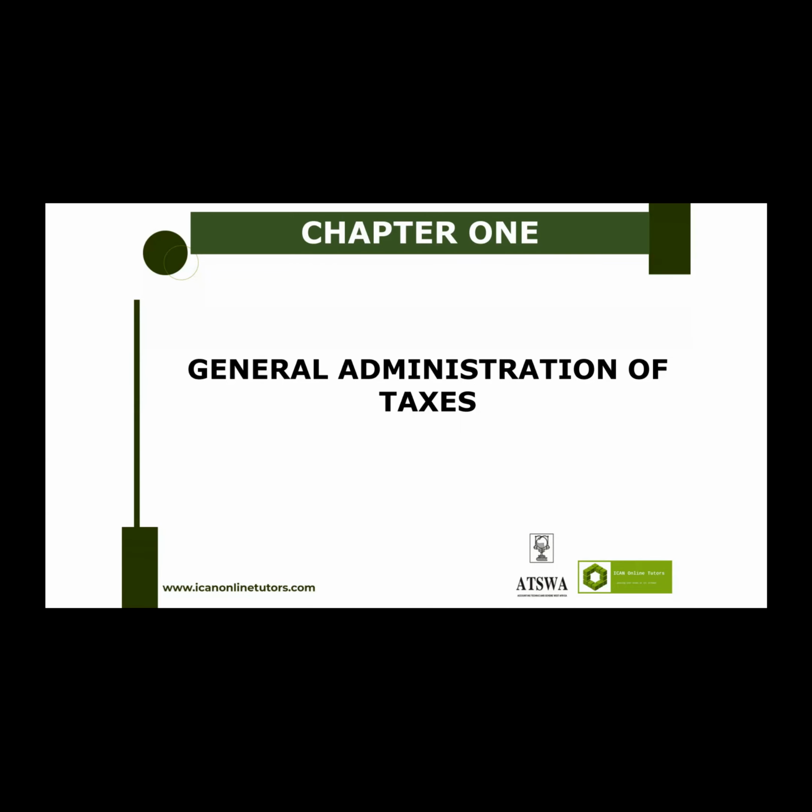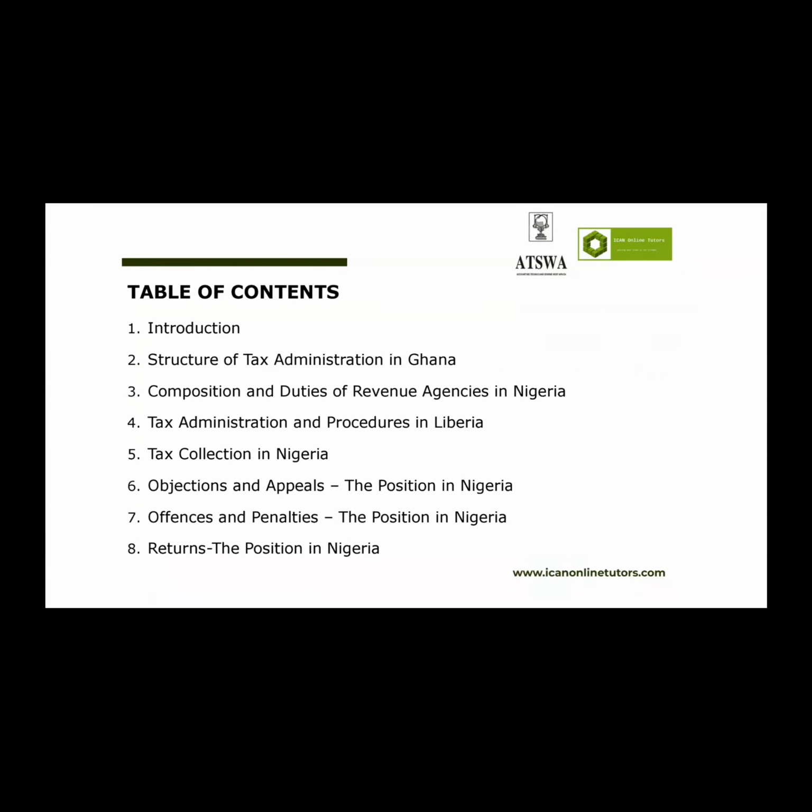how goods and services are taxed in Liberia. In short, we discussed the benefits accruing to the individual taxpayer that do not necessarily have to be commensurate to the amount of tax paid by the individual. And tax is defined as a compulsory levy imposed by the government for the purpose of meeting the cost of governance. So in today's class, we will be taking the structure of tax administration in Ghana, the composition and duties